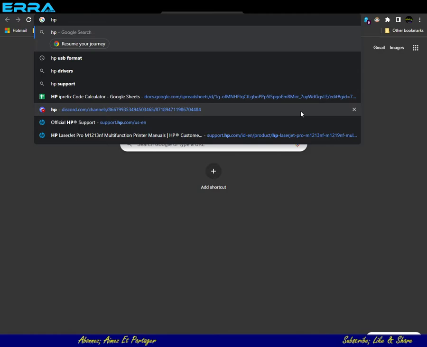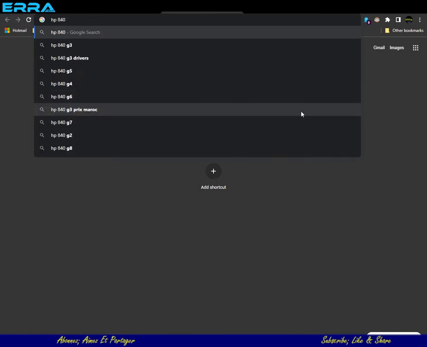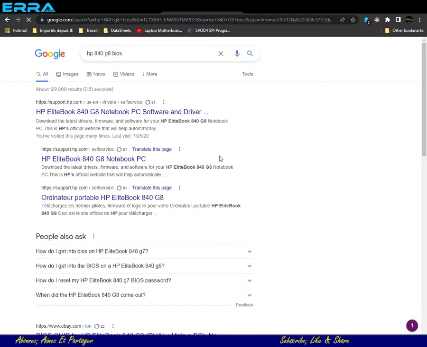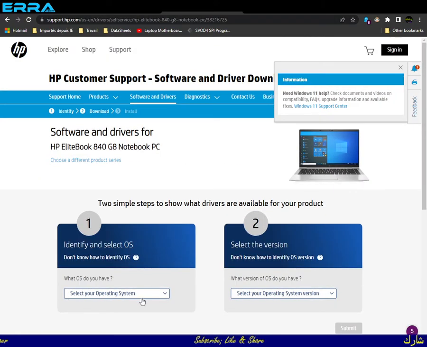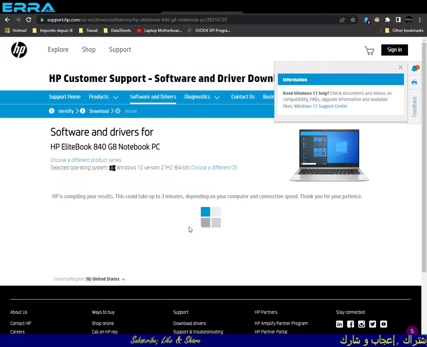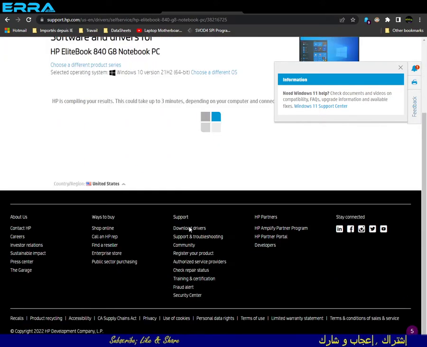So, HP 840 G8 BIOS, enter, and we go to the first result there. We choose the operating system. In my case, I'm using Windows 10 and it's a 64-bit one. We submit, then we wait a few seconds and we will be directed to another page